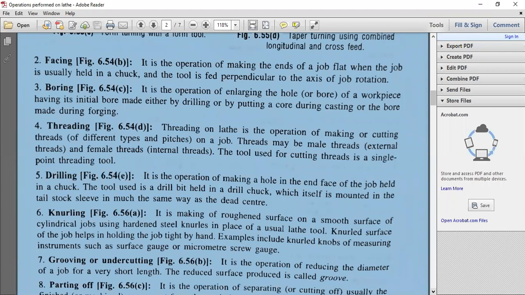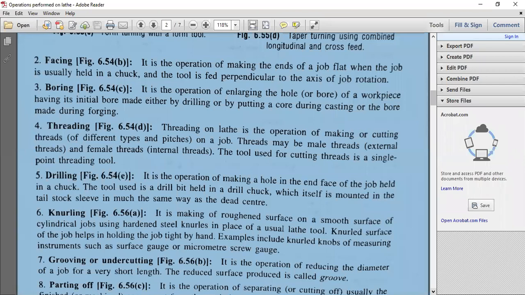And the spindle speed should be less when compared to the turning or facing operation, just like the thread cutting operation or the threading operation. So the knurled surface of the job, why do we have to go for knurling? This is the answer you get. The knurled surface of the job helps in holding the job tight by hand, because if it is not knurled, there's a chance of not having a sufficient grip on the workpiece, and you can just drop the job on the shop floor. So it is damaging the workpiece.